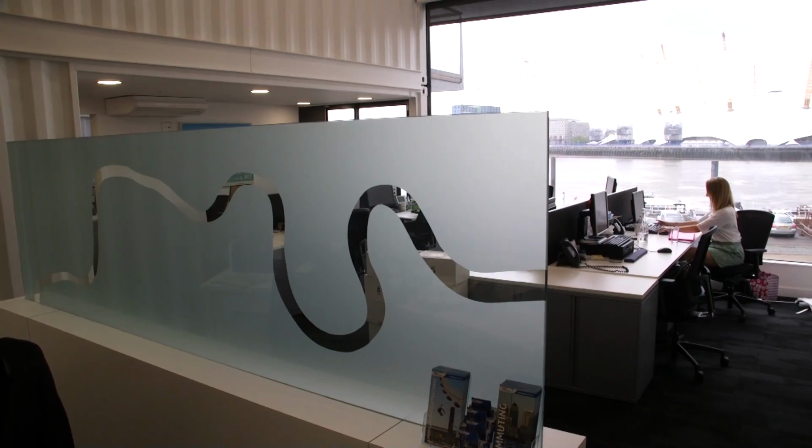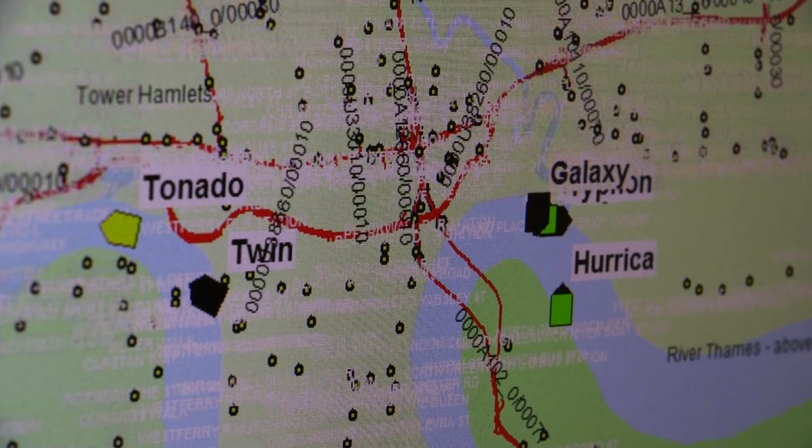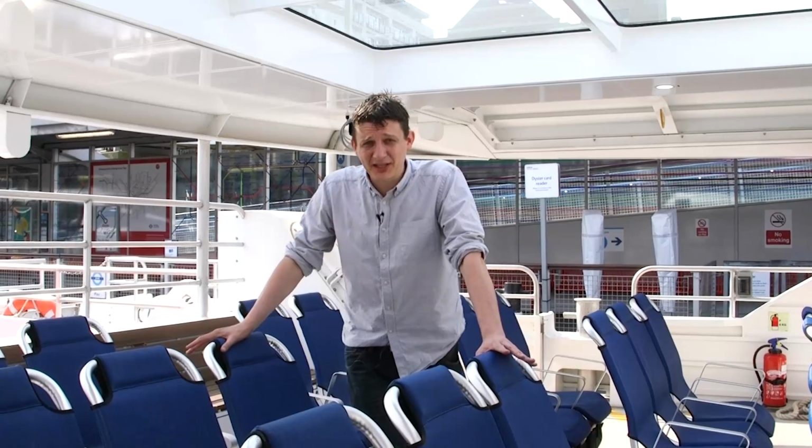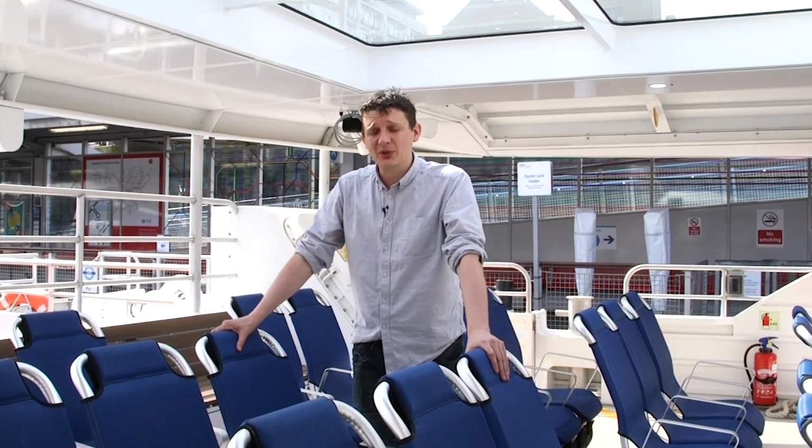The Clippers are monitored and controlled in an operations room at Trinity Buoy Wharf in East London, which means they can provide extra boats if required. Now there's a limit to the number of passengers that a boat can carry, but here's a cool thing. The controllers back at base monitor and they know how many people are on each boat. So if there's a sudden surge, say it's a sunny afternoon at Greenwich, they can send in an additional boat that's not in the timetable to pick up passengers, so you'll never have to wait